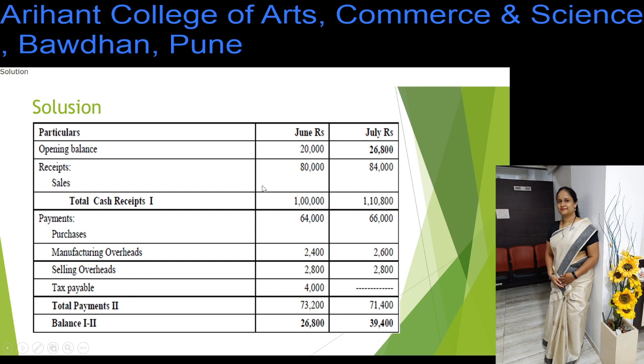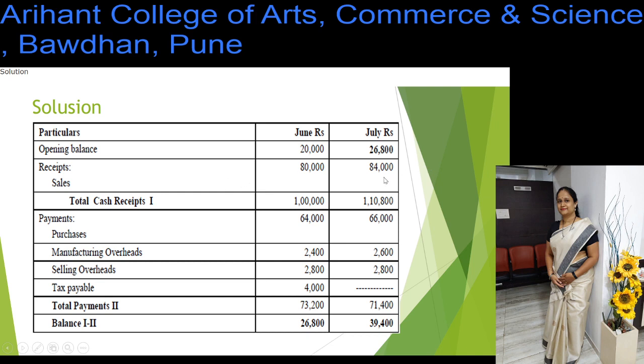Secondly, if any cash receipts are available, they should be added one after another. Sales can be bifurcated into two classifications. First is cash sales, and cash sales you need to mention on the receipt side. The particulars column you need to divide into two parts: receipts and payments. In receipts, if there are cash sales, then you need to write cash sales for that month. Cash sales means you are paid immediately for the sales.